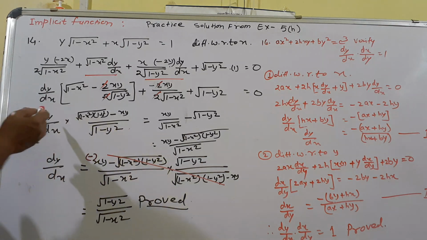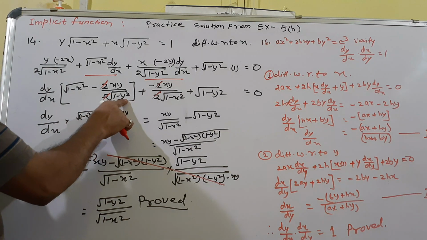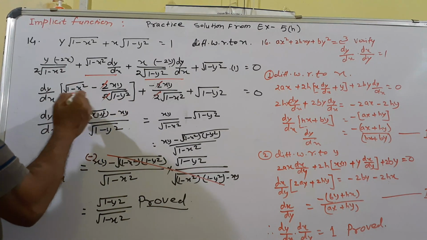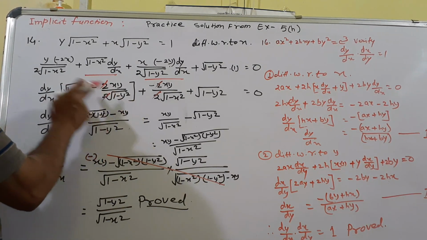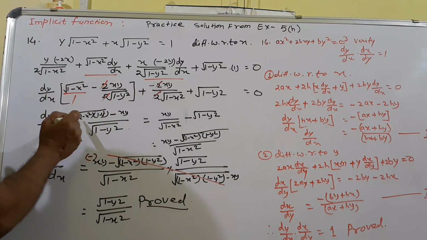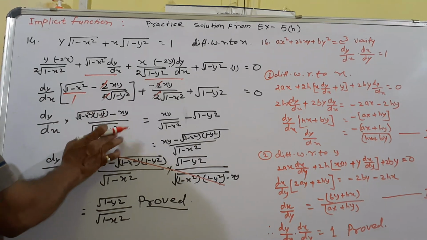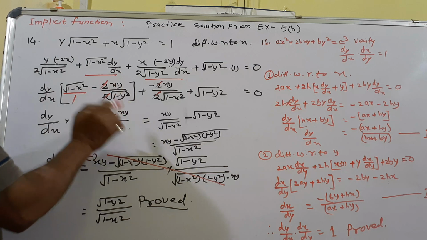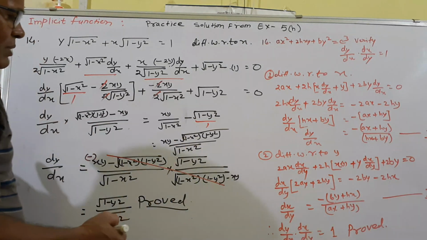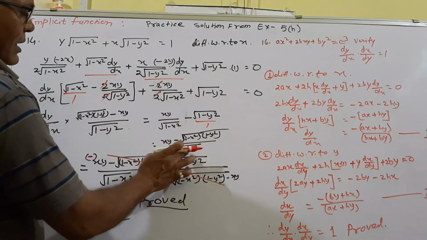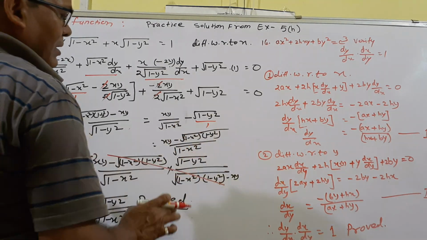Then dy by dx, simplify here, root 1 minus y square is the LCM. Suppose here denominator is 1. So take LCM, root 1 minus y square, and then simplify this into this. So denominator, numerator multiply root 1 minus x square, 1 minus y square, minus xy, since denominator and LCM is same, so only numerator will be there. Same thing here also, we can simplify. If denominator is nothing, we can consider 1. And then take LCM, root 1 minus x square, and then xy minus under root 1 minus x square minus 1 minus y square.